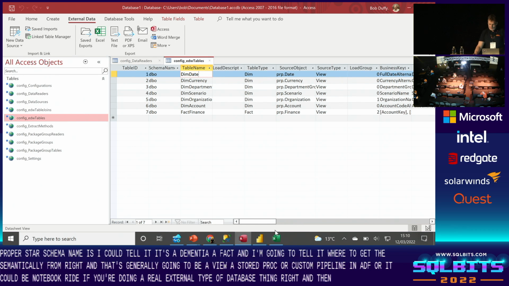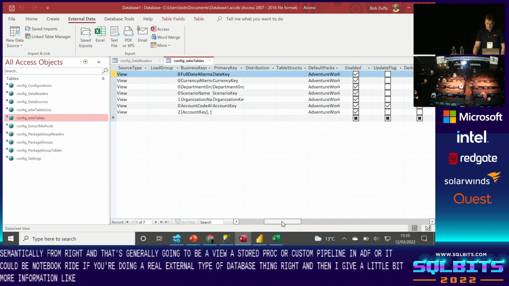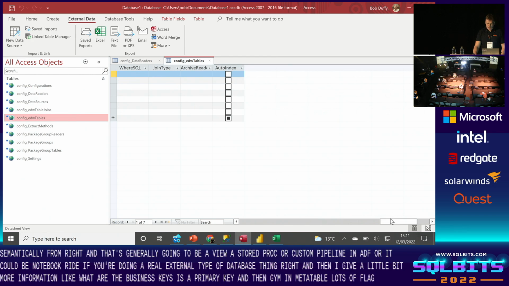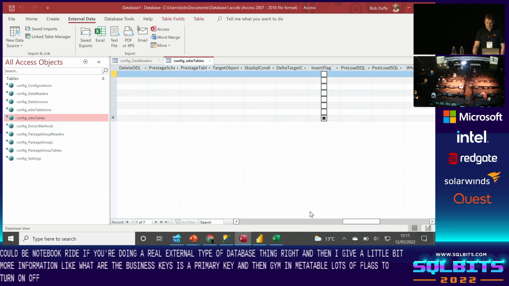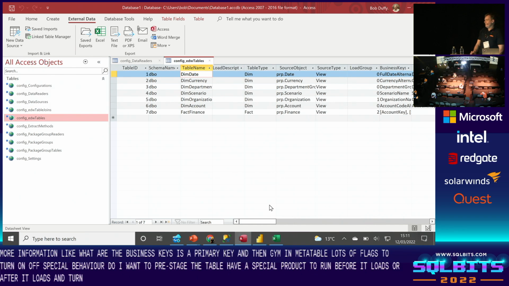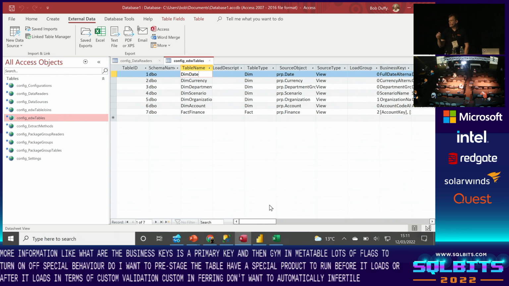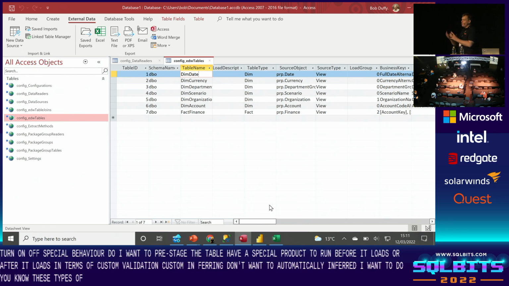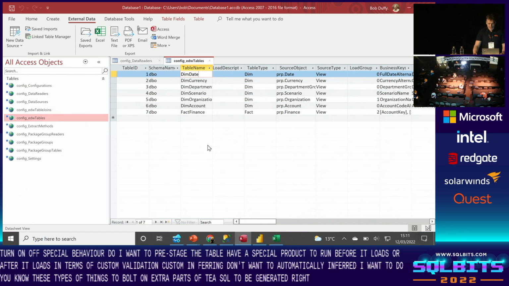And then I give it a little bit more information, like, what are the business keys? Is there a primary key? And then generally a metadata table of lots of flags to turn on or off special behavior. Do I want to pre-stage the table? Do I have a special proc to run before it loads or after it loads, in terms of custom validation, custom inferring? Do I want to automatically infer? Do I want to dedupe? These types of things bolt on extra parts of T-SQL to be generated, right? And then once I get that,